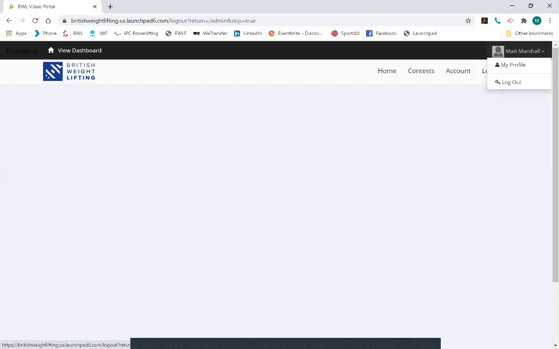If you have not logged into this system before, you need to do one of two things. The first thing to do is to check your email inbox for an email inviting you to create a password and log into this system for the first time. If you can't find that email or you haven't received it for any reason, get in touch with the competitions team. That's myself or Eddie Halstead, but you can email